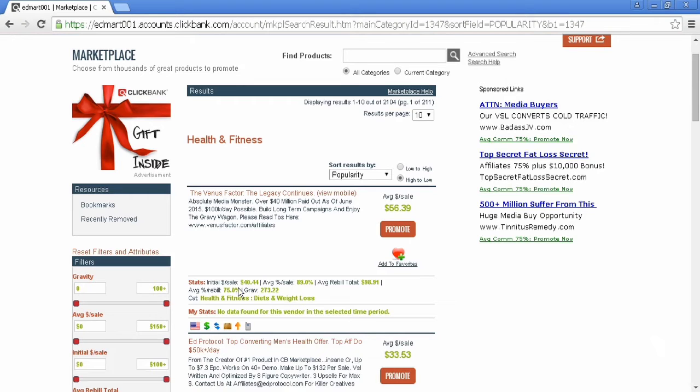First of all, you've got the initial sale down here, and you can see for this particular product, the initial sale is $40.44, and the average percentage, that's how well it converts, is 89%, so that's pretty good. And the average rebill total is $98.91, and the average percentage rebill is 75%, and the gravity is